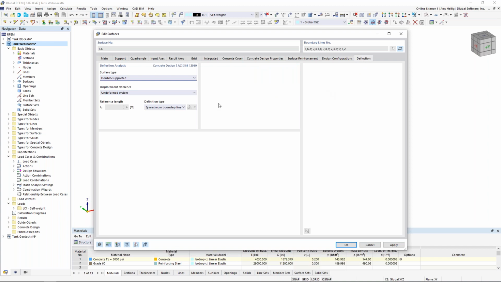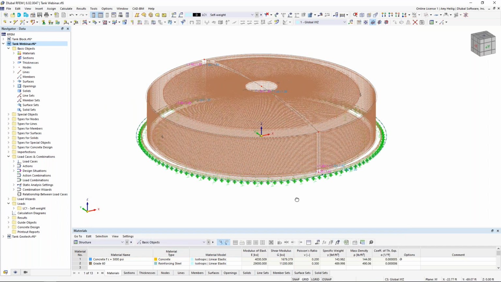Now, our final tab here is the deflection. So this is just related to each surface. Is it supported at both sides? Is it a cantilever? And this just all refers back to those limiting deflection ratios that we set under our serviceability configurations. Okay, so once these are defined, I click OK, and what you'll notice is that we actually give you a visual representation